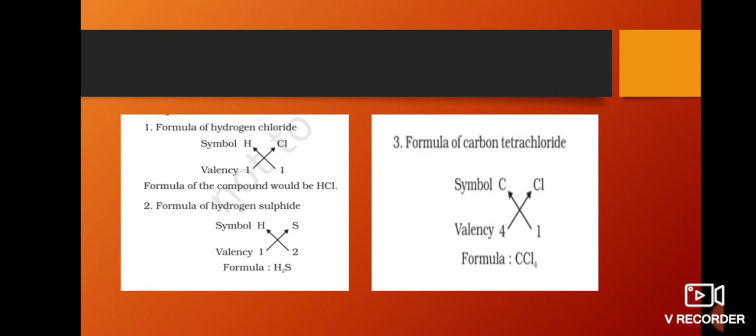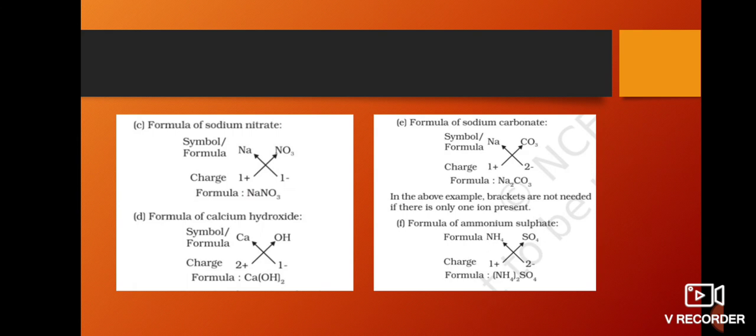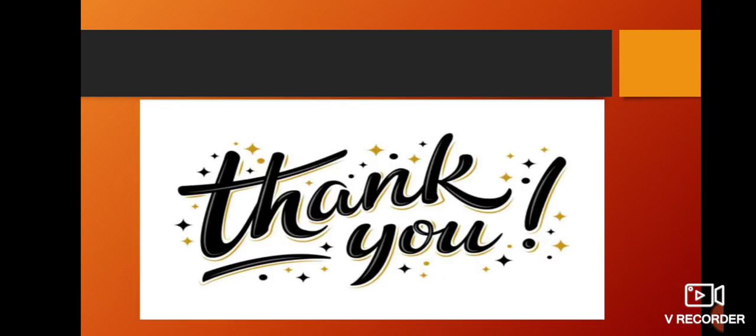Now here are some examples. We have already discussed this type of example. These are textbook examples. Please go through the textbook examples also. They will help you. The more you practice, the clearer your concept will be. Please practice chemical formulas, because you will need them in other topics of this chapter, like mole concept and molecular mass. So please go through the valencies list.